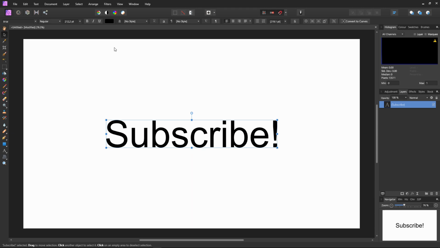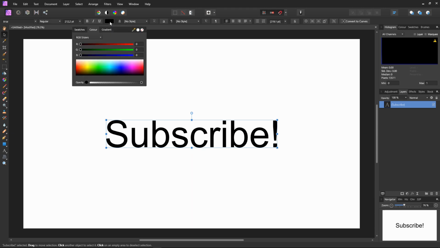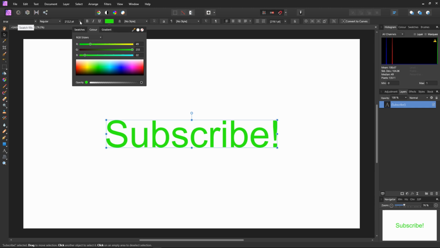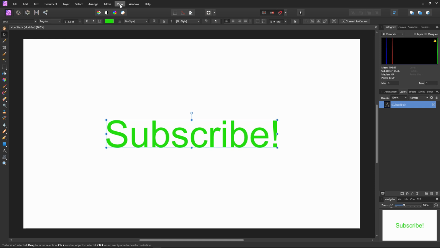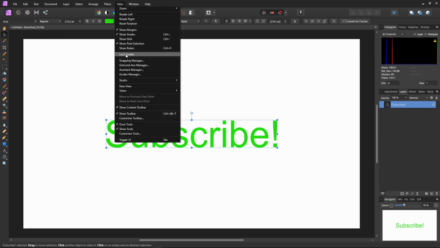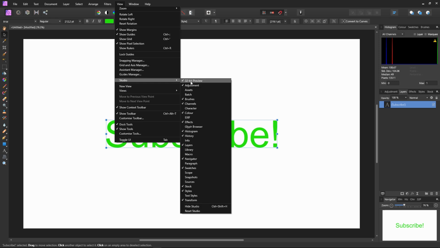With the text selected as an object, we can now change the font color of the whole word using the color picker. But the problem is, if we want to create an outline and set the color for that outline, there seems to be no controls for this up here. There are none. You have to go into View, like so, and then down to Studio, here, and then choose